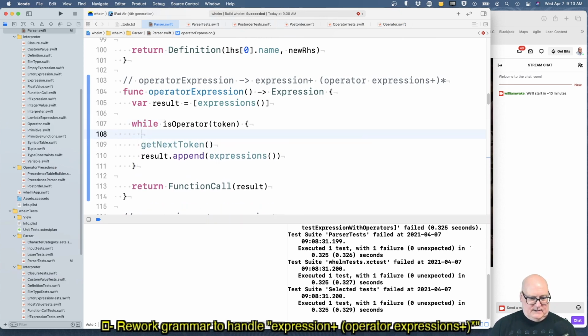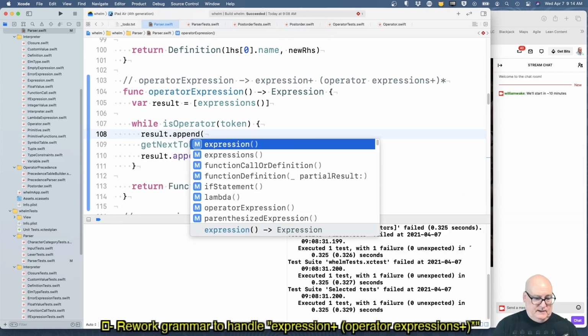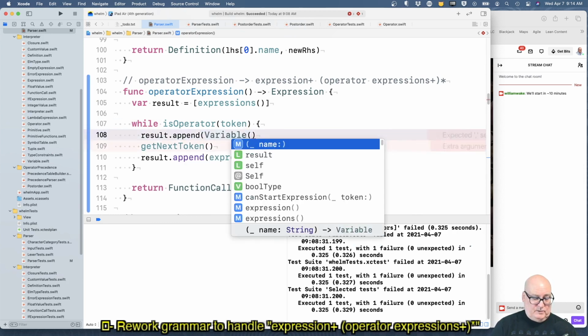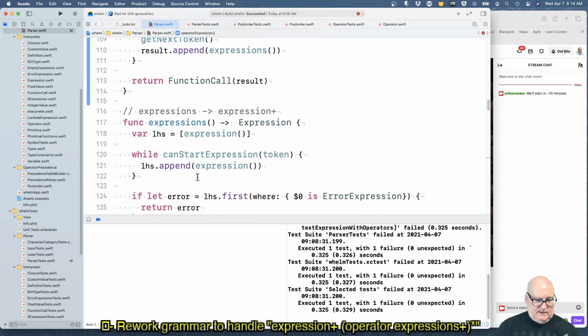All right. So we know the token is something we're going to append, and we said we would just do variable, and it takes a name, which will be, we'll just print the token. Okay, so I think it's going to turn into plus, times, stuff like that in our expected. Okay, so we see a token, we consume it, and then we call the expressions to get the next expression, function call or whatever. And these get appended. That is good.